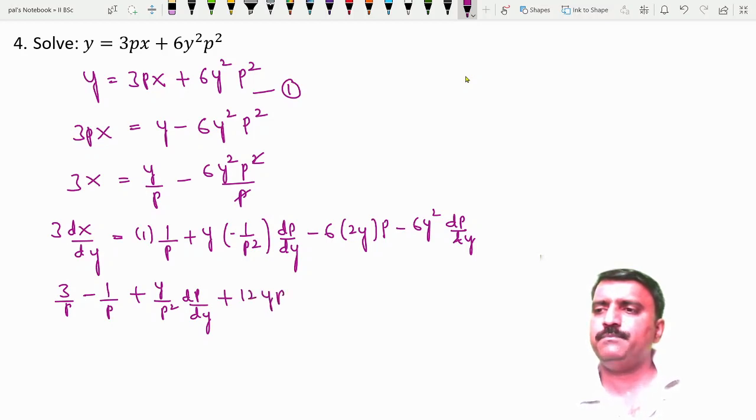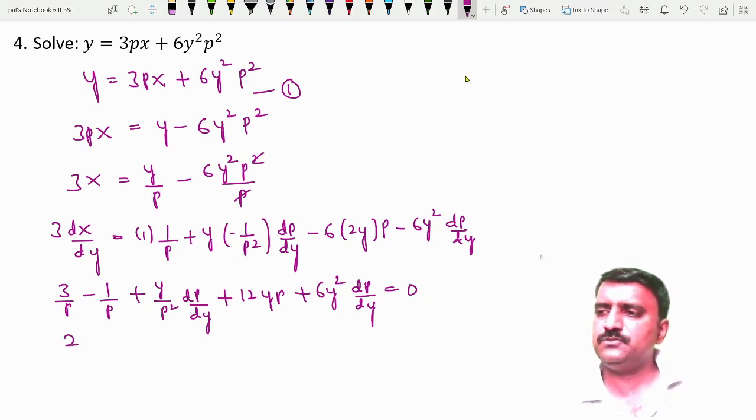Okay, similarly plus 6y square into dp by dy is equal to 0. 3 by p minus 1 by p is 2 by p. This is 2 by p, plus 12yp, plus y by p square into dp by dy plus 6y square into dp by dy